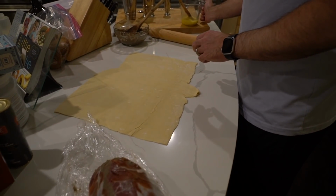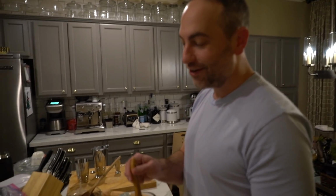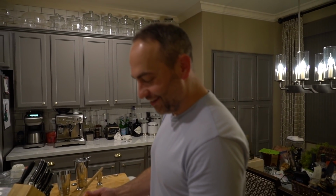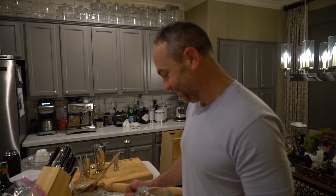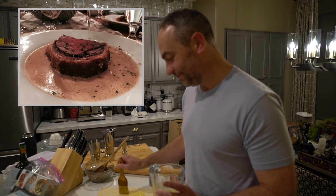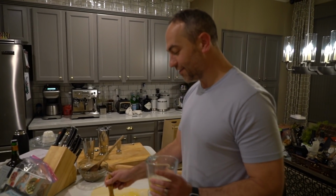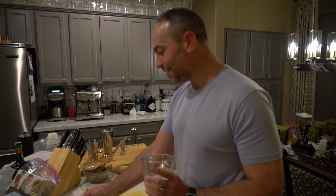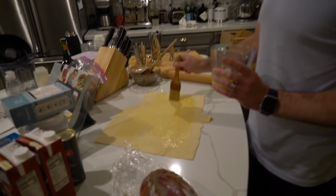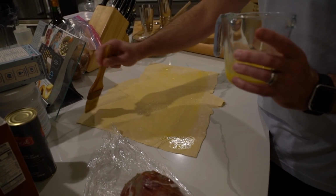So I made the comment that sometimes, Mike, your beef Wellington has a little bit of a soggy... It has never been soggy, you guys. It has never been soggy. So now he's making me accountable for making sure I do this part of it. I'm going to include an image of what my beef Wellington has looked like in the past. It was not soggy. It was delicious. I have a recollection of a slightly soggy... Oh my gosh. Maybe the bottom, but that's what I'm talking about. The soggy bottom. Anyways...